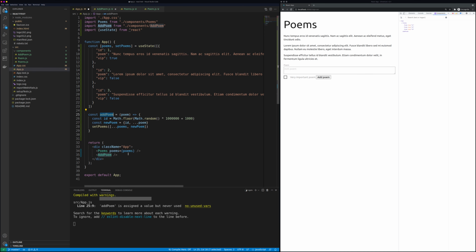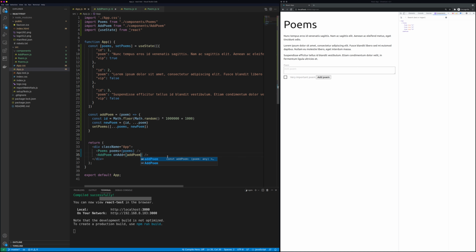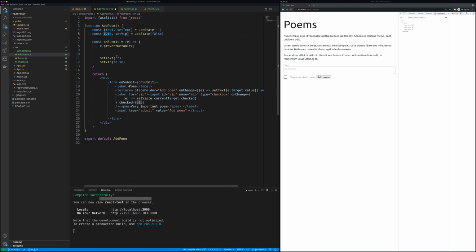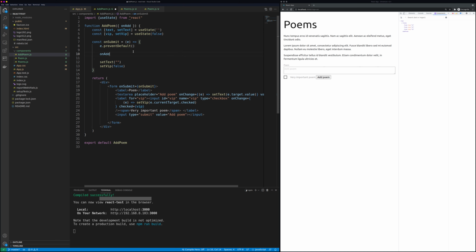So let's use the props way to do it. So on add, let's give it this function there. So addPoem, and let's get back to here. We are getting the poem. We are not getting the poem. We are getting the onAdd function. And now we can use this function, what we just got, and we need to add